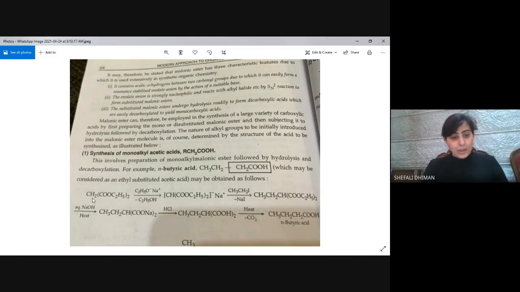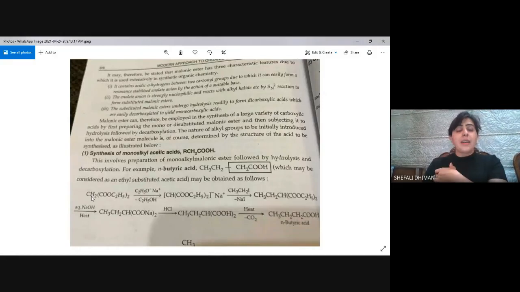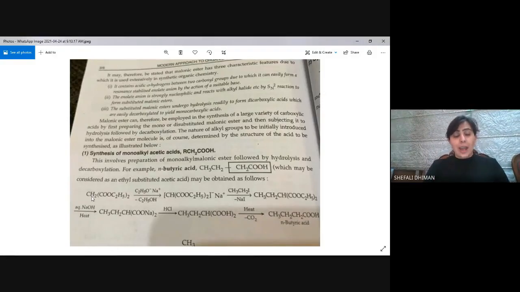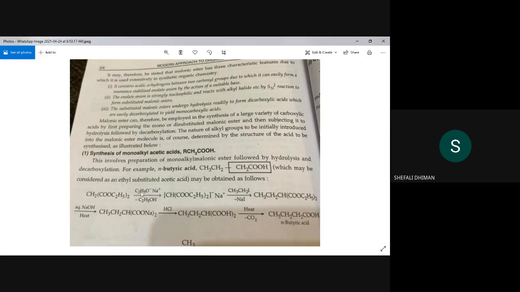The importance of malonic ester is it contains a CH2 group which is sandwiched between two carbonyls, making it acidic in nature, because there are resonance-stabilized enolate and carbonyl structures which help in the distribution of the negative charge. So the first step is generation of the negative charge by abstracting the proton of the CH2 group using a base. Remember, the base you have to learn is sodium ethoxide, NaOEt. So you use sodium ethoxide, and you will be able to abstract the proton of the CH2 group which is acidic in nature.